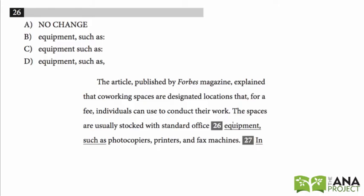Problem number 26. Again, we see a comma in the underlined portion. If we look at the answer choices, we see choices with commas and also colons. So again, this is probably going to test our punctuation rules between colons and commas. So remember, with a colon,